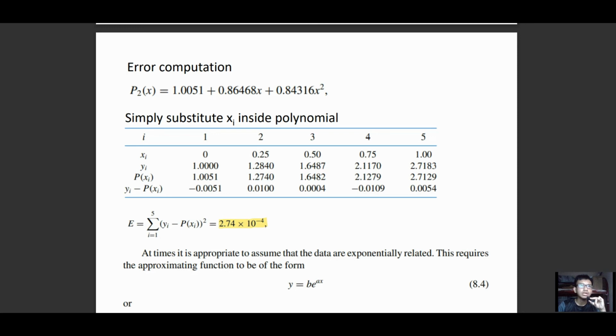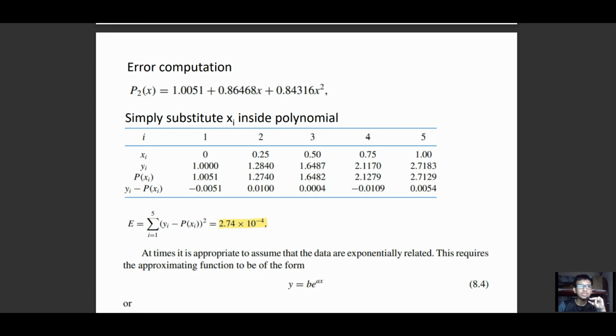So we substitute 0, this one cancels, and will result in 1.0051, which we have here. Okay, and then this one similarly we substitute the x with this x, and we get p2(x) equal to this one. And we do the same for all of the other 3 values here,